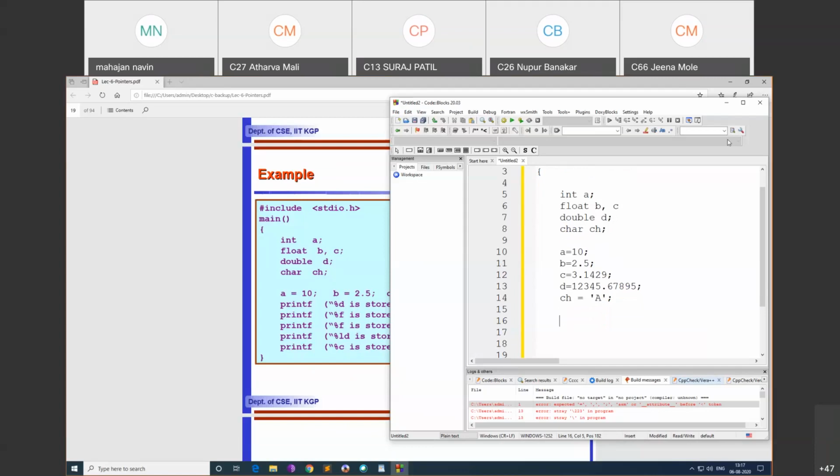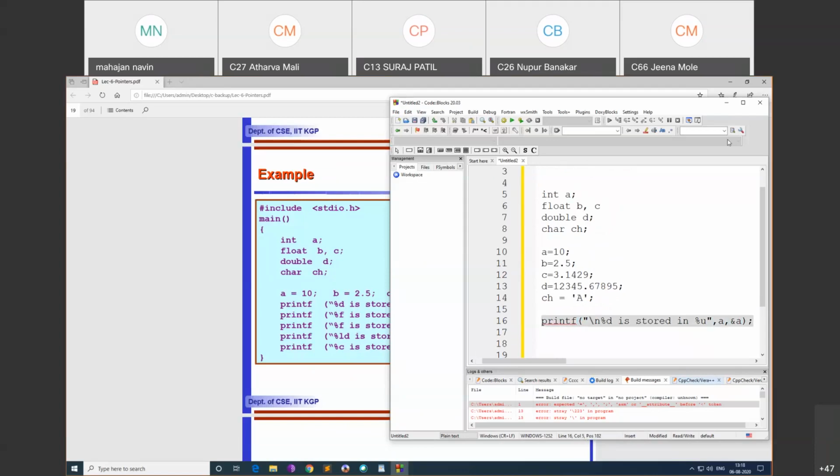Okay, I'll say printf %d. I'll print in all new lines. %d is stored in %u. What should I do here? What I'm printing? D is a comma and a.